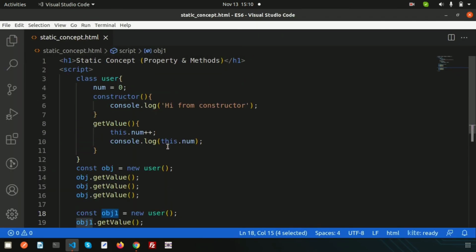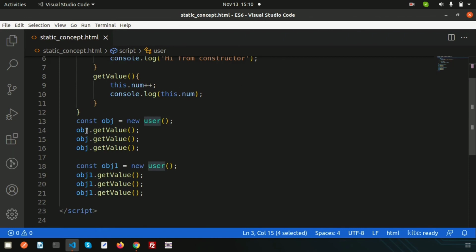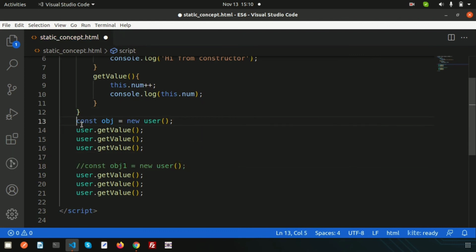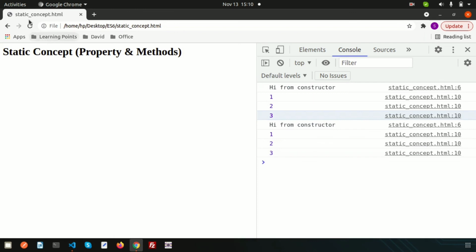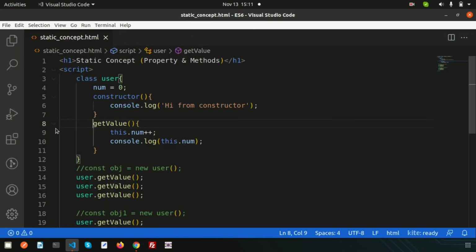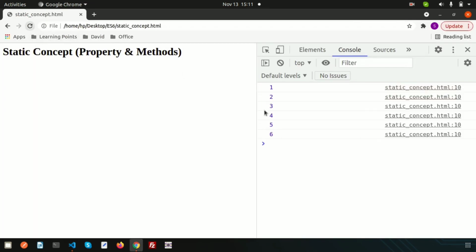So if I use static, that means we can avoid the constructor call, so we will directly call through the class name, so we don't need to create an object, and there we can avoid the constructor call, right? So simply close these, and this time we can avoid the constructor call. Again we need to define this as static, the reason being we access it through the class, right? So we are getting the output.